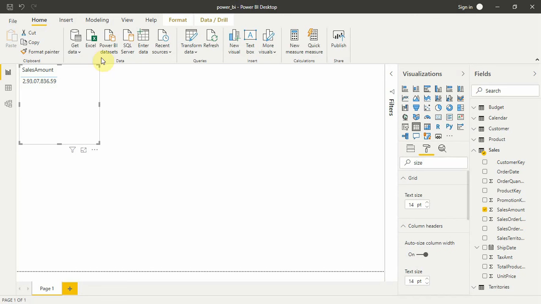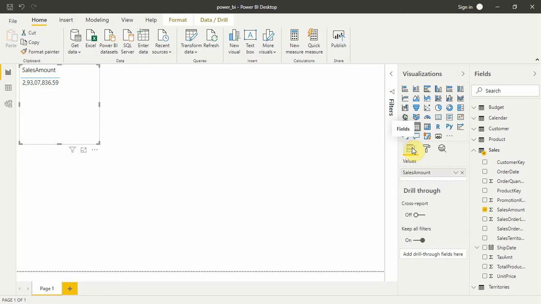I think 14 is enough, or rather, 15. 15 will look good on this. Okay, 15 works. Right now we have just added our sales amount.